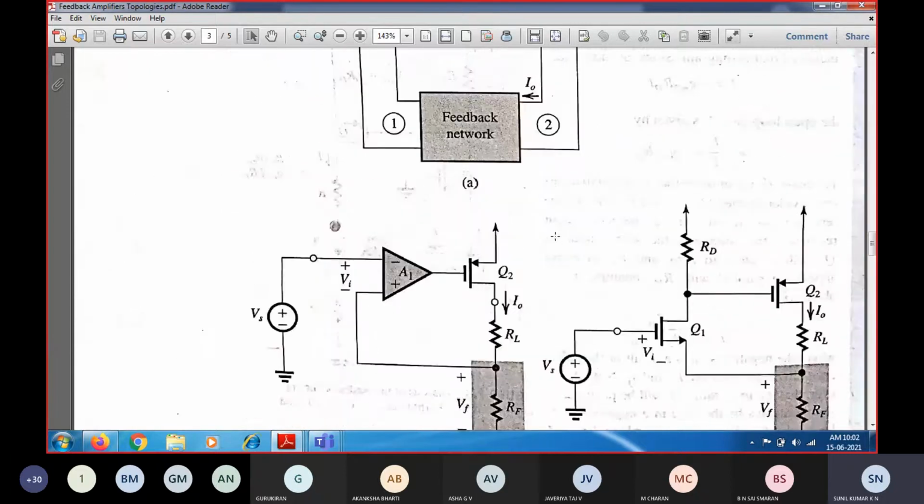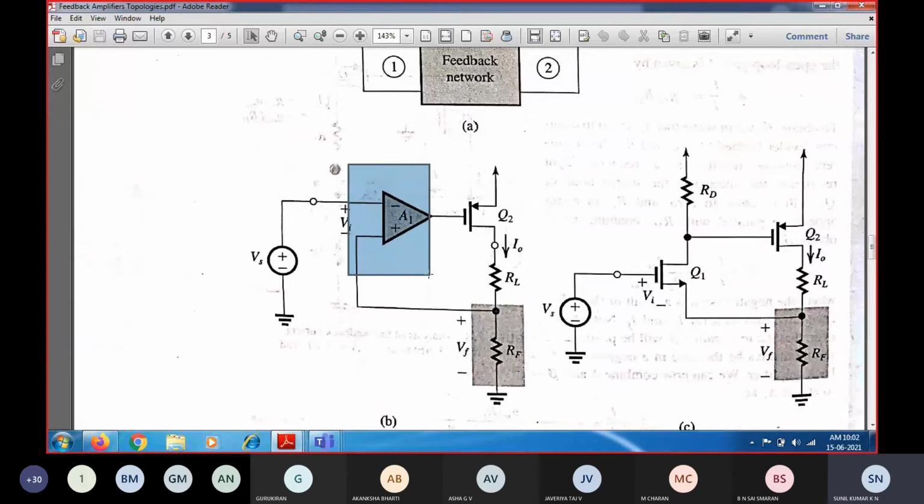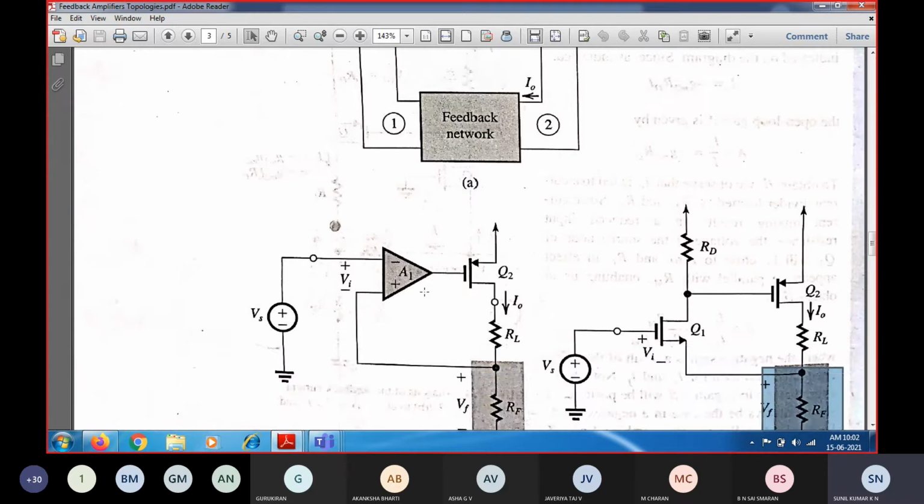So this is the type of transconductance amplifier for which we have taken an amplifier. This is a remote operational amplifier. At the same time, it is a common gate with common source configuration paired with the feedback network. So we are going to see that the output side is connected in series, and at the same time the feedback at the input side is also connected in series. So it is called series feedback.